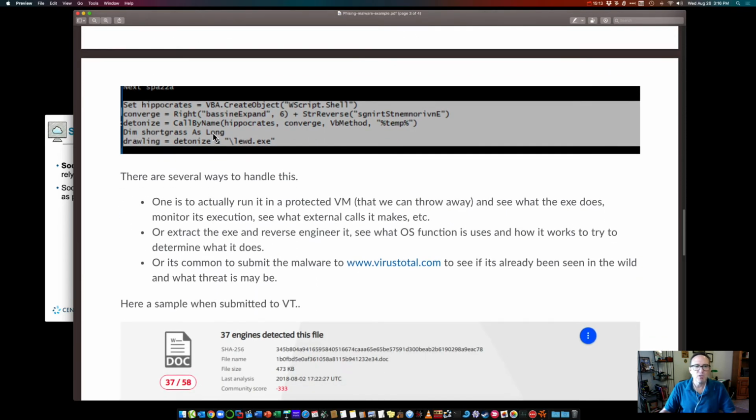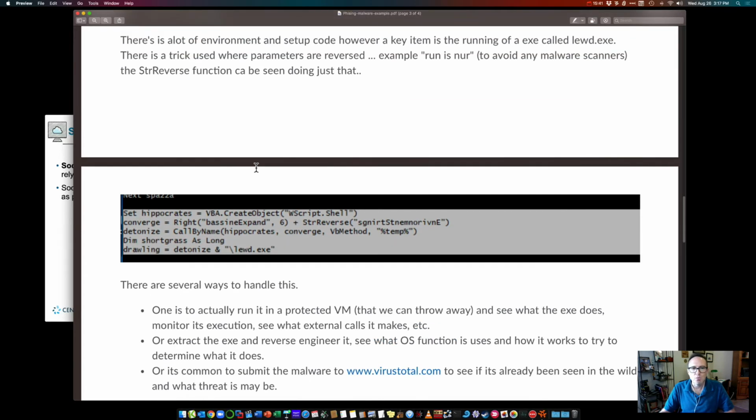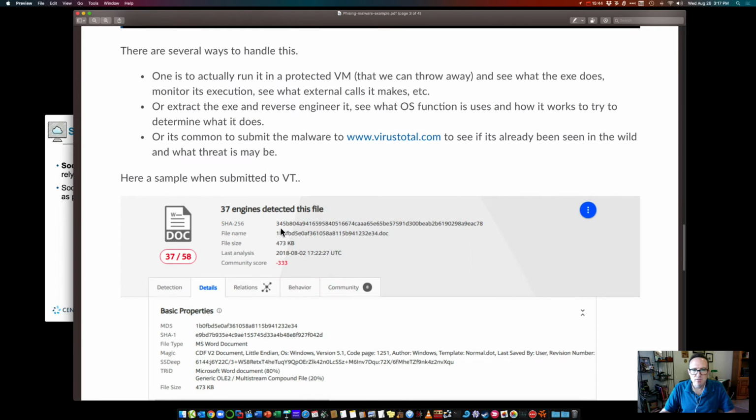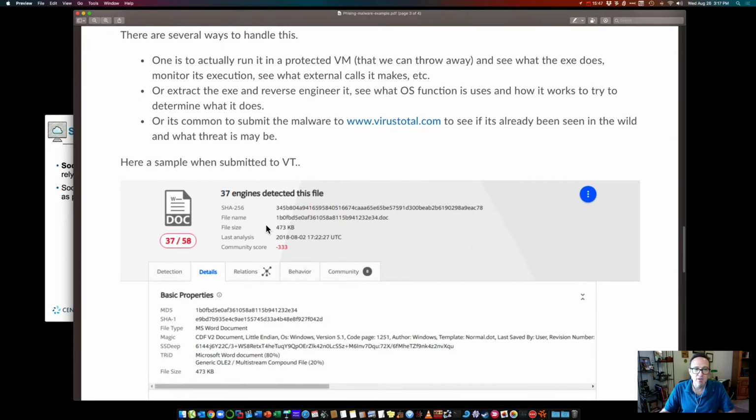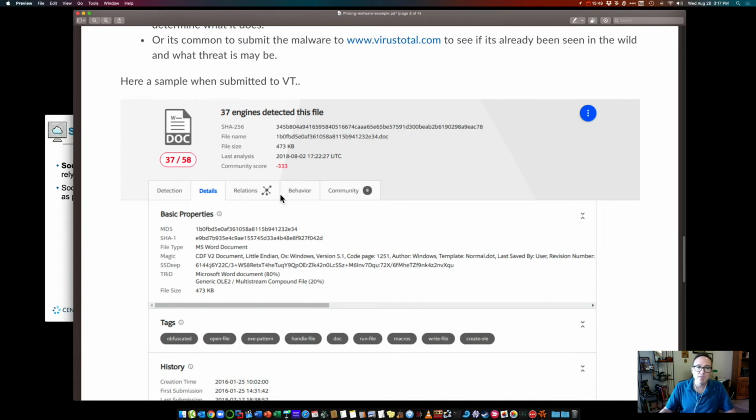Here are some ideas about things they use to try to obfuscate themselves. In this case, they used string reverse. You can see this is the word environments reversed, so it looks like just garbage right now. String reversing and so on allows you to set up and call. This is what's going to call that second stage, like I showed you in that diagram, and detonate or kick off this exe file. When this SHA-256 is analyzed under VirusTotal, which by the way is a great tool to use for malware reverse engineering,